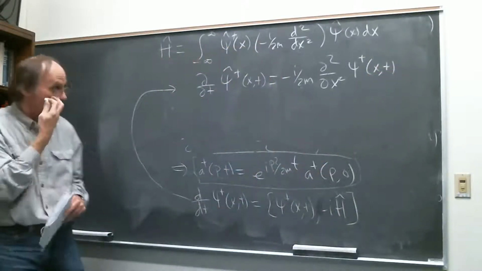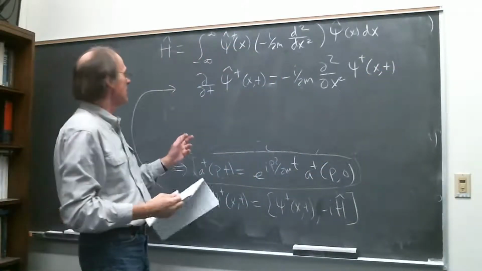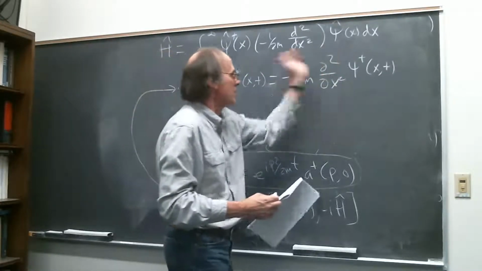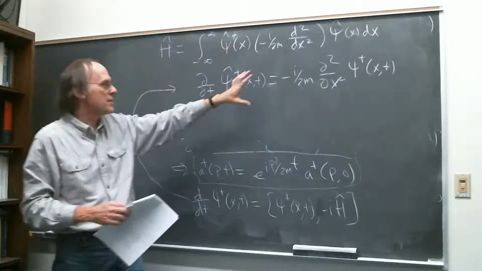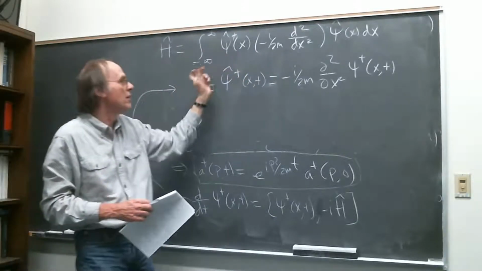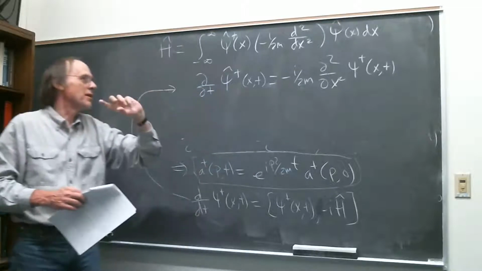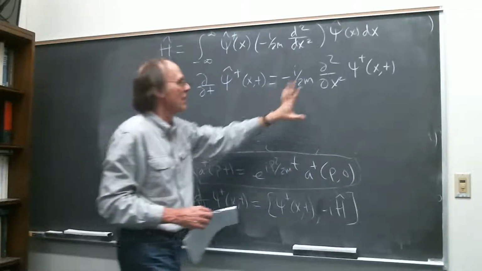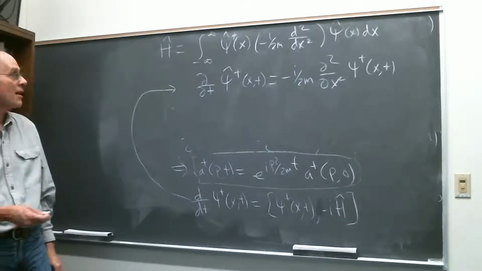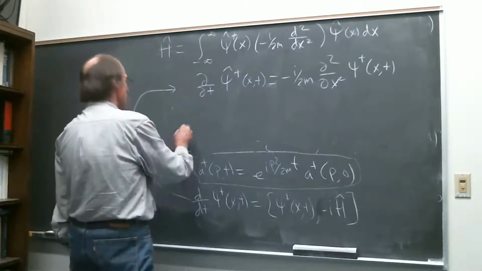And if I've got this right, this is actually the conjugate of the standard Schrodinger equation. Anyway, maybe I'll say more about how this works out next time. But it satisfies this, and the solutions are